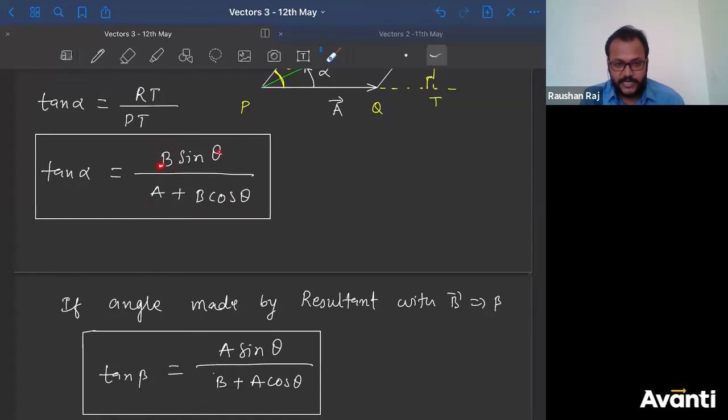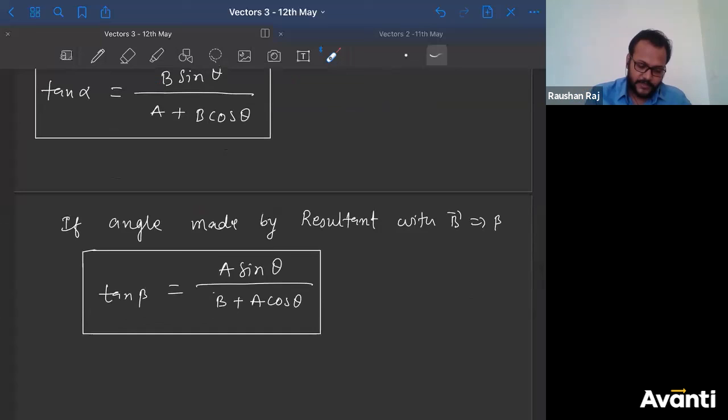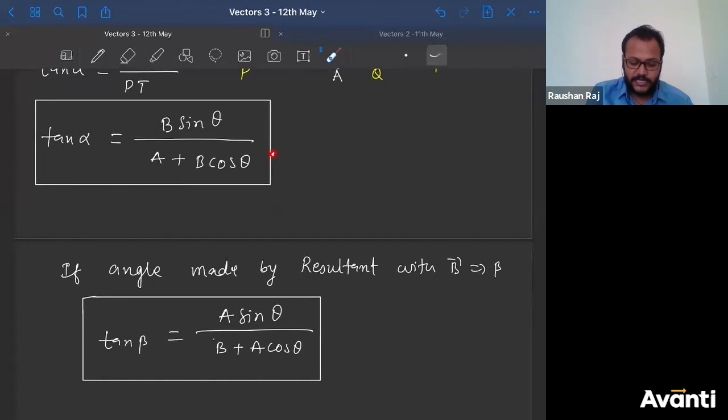जो भी देखो B sin theta है तो B cos theta होना चाहिए, तभी तो B cancel कुछ tan का कुछ फॉर्म आएगा, right? अच्छा, if you are going to get the angle made by the resultant with B, तो क्या करना है? A को B से replace करो. Just replace A with B, and B with A. देखो B था तो B के जगह A लिखा, A के जगह B लिखा, कहानी खत्म. So this is the formula for the resultant, the angle made by the resultant with any of the vector